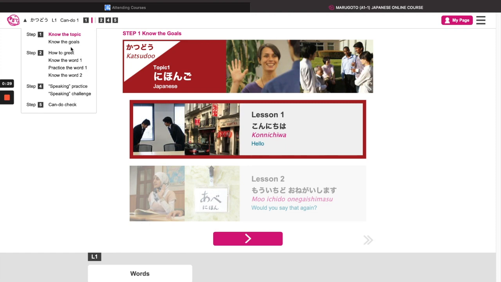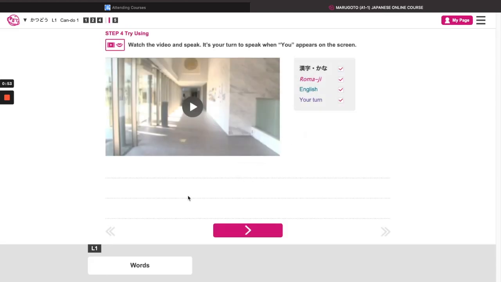Step 1 is knowing about the objective of the whole class or lesson. In step 2, you get to listen to a lot of audio files, and then you get to practice the word, know the word and when to use it. Towards the end you practice, and there's a challenge. So here is an example of a challenge. If I click on this,